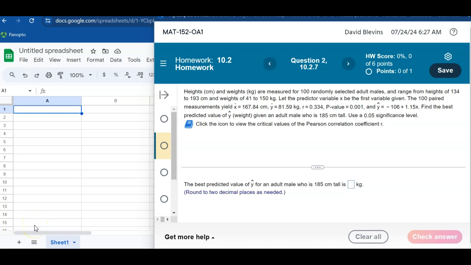Hey Stats class, in this video we're going to talk about some problems in the 10.2 homework set. What we're doing goes a little bit beyond what we did in 10.1. In 10.1 we determined whether a linear relationship seems to exist between two variables. In 10.2 we're quantifying that relationship, meaning we are coming up with a line, not just observing that a line